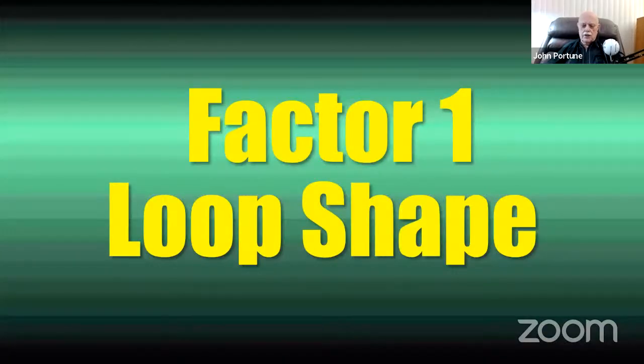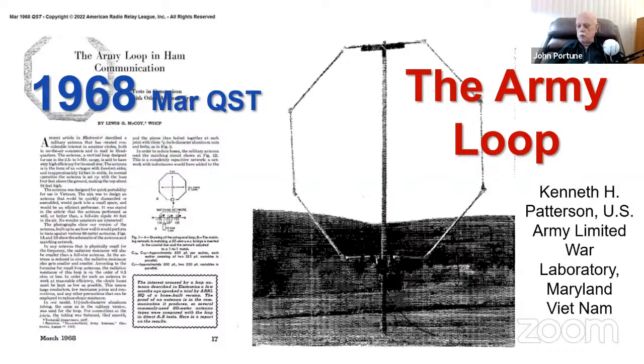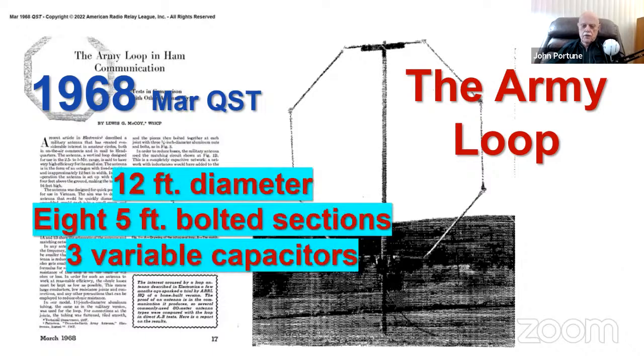All right, let's look at the factors. Loop shape. Here's the original mag loop that had appeared in ham radio back in 1968. Lou McCoy, who is now a Silent Key, but was a luminary in ham radio, wrote this article in 1968 based on the Army loop, as it was called, which was a design by Kenneth Patterson, as you can see here, for use in Vietnam. The Patterson's Army loop was 12 feet in diameter, made of 8 5-foot bolted together sections,